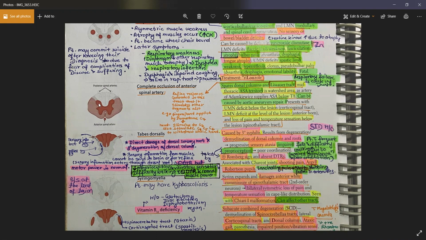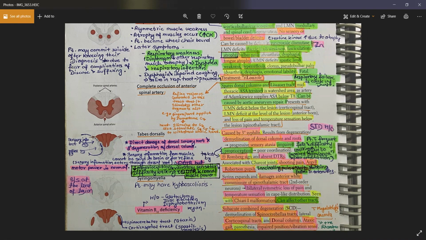it's supplying all the anterior structures up to the dorsal root, they all will die. All the gray matter will die. All the fibers running anterior to my dorsal root will die. That includes the corticospinal tract and the spinothalamic tract, anterior and lateral both. But as you can see, the dorsal column is spared, and as a result I will have normal proprioception, but a loss of all the other senses. I will have both upper motor neuron signs as well as lower motor neuron signs, and they will be